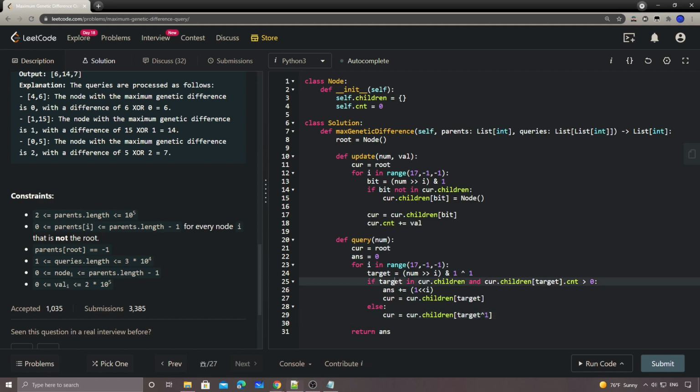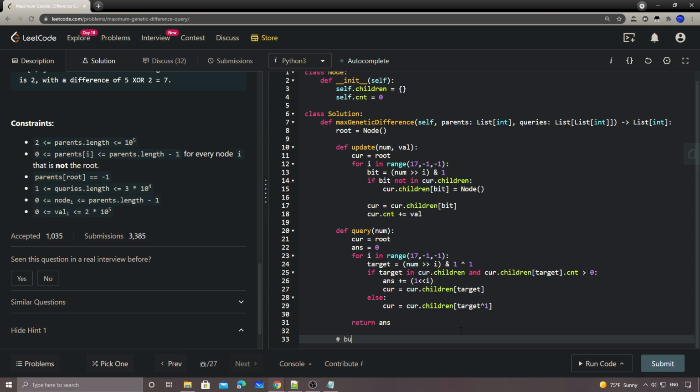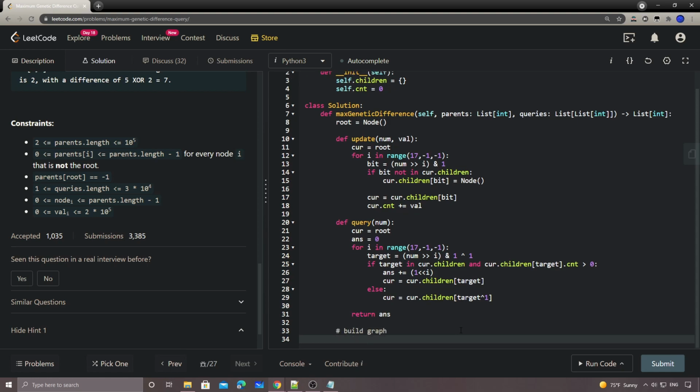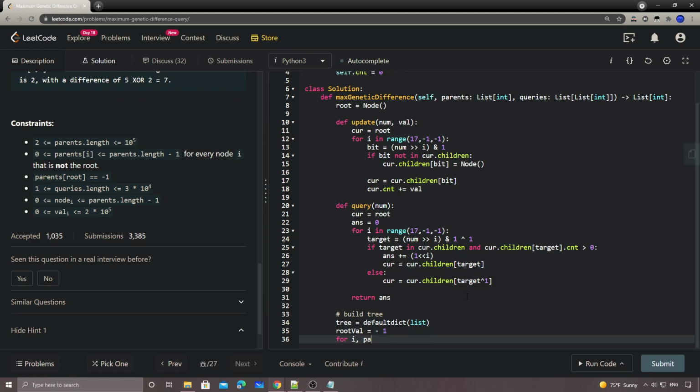Okay, cool. So that's the prefix tree, and the rest is what? So let's try to build the graph. Well, actually it's a tree, it's not a graph. So we're going to have a defaultdict of list, and we also need to define the root value. It's going to be -1. Then for i, parent in enumerate of parent,